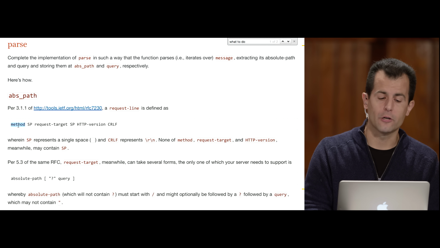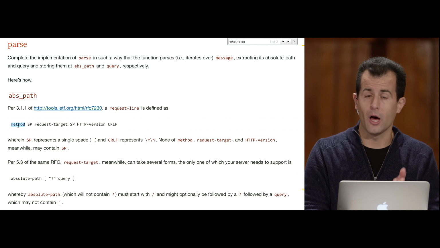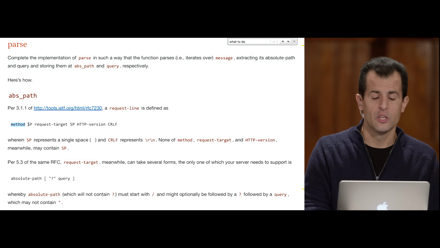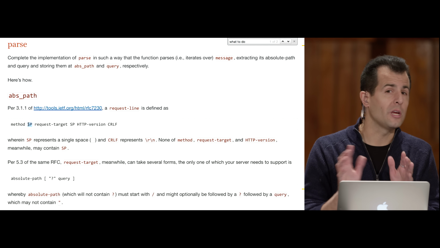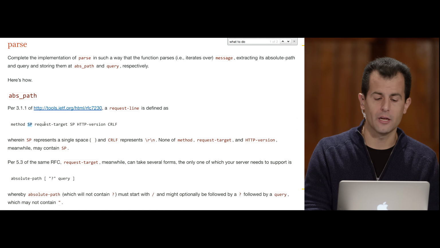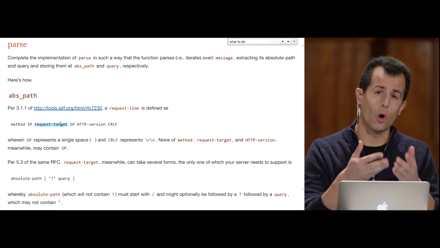here you're going to have to figure out, well, what is the method? Is it valid or not? And we tell you in the spec when it is or isn't valid. Get, for instance, will be valid. Space will be easy to check for, just using week 2 style or problem set 2 style string checking or character checking. Request target is the thing you're going to want to parse, so take a look at the spec